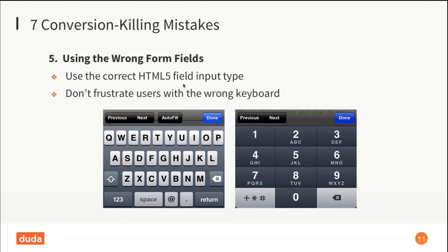Another one is using the wrong form fields. I think we all know how using too many form fields can really hurt your conversion rate, and keeping forms simple and short and to the point will really help out in conversion. But you also have to be careful to make sure that you're using the correct HTML5 form field type, especially when it comes to mobile, because